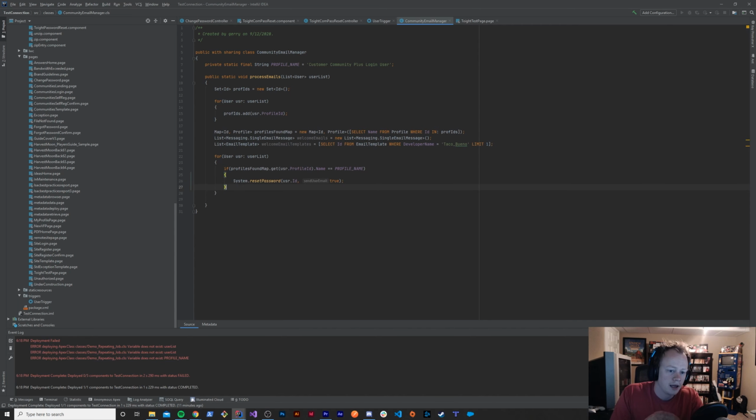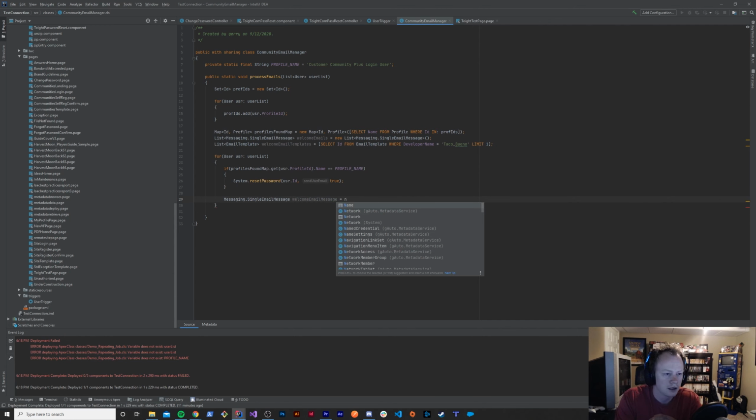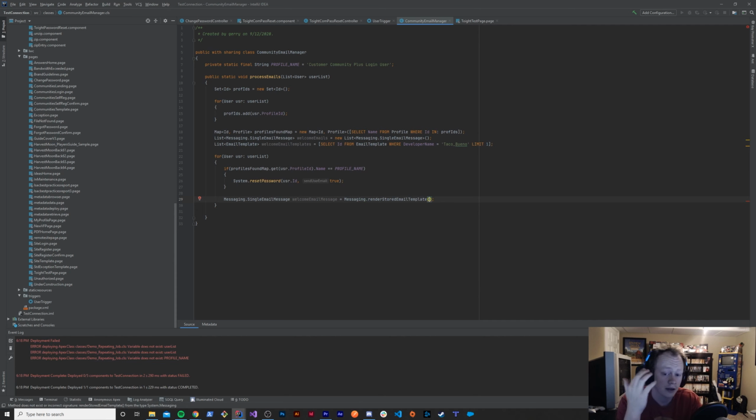And for everybody else, we're going to create a welcome email, a single email message, welcomeEmail, that works for me, equals, actually this will be a Messaging.renderStoredEmailTemplate. So this is a method that I feel like not a lot of people understand, or it's not really ultra well documented, at least in my experience. But basically what this does is it takes a Visualforce email template and assigns it as the email that you're going to send out, which is super